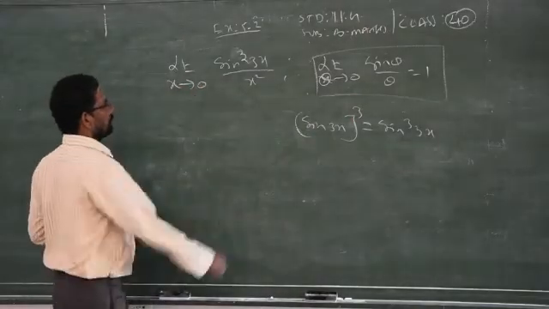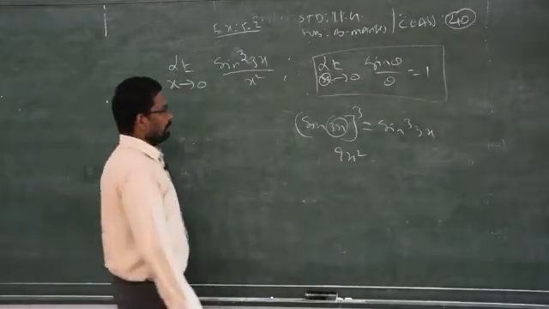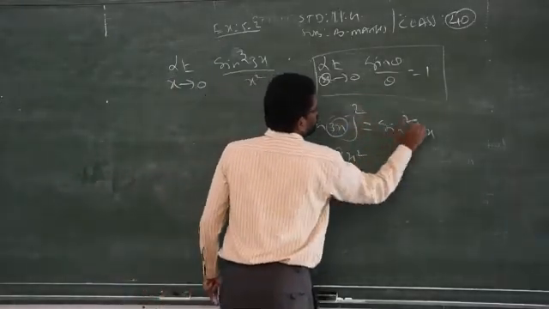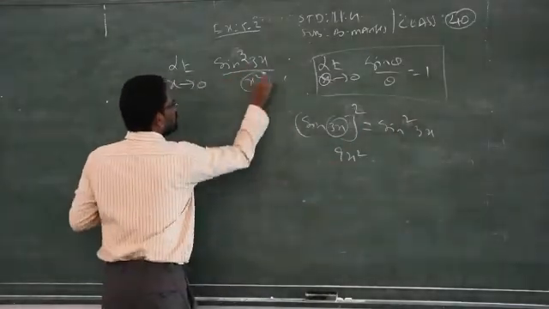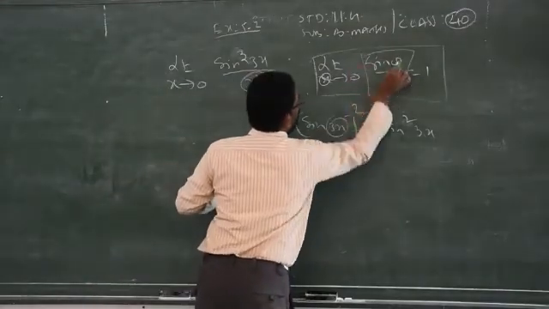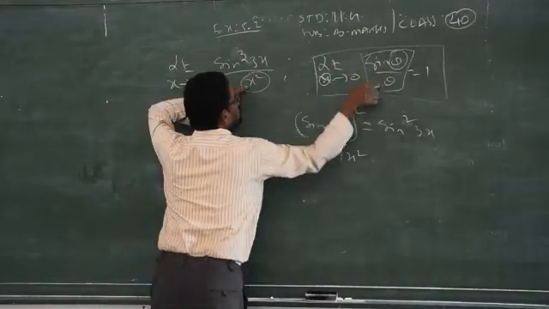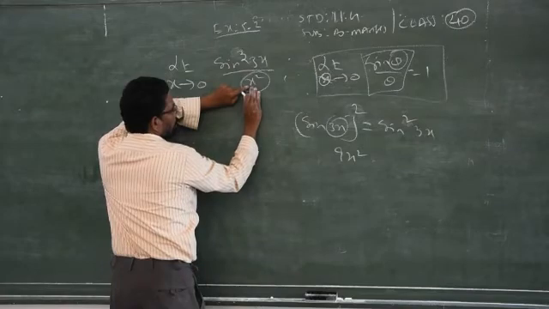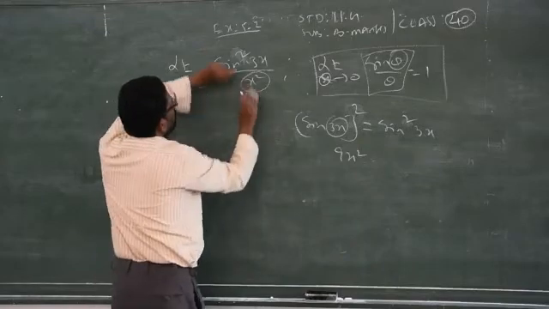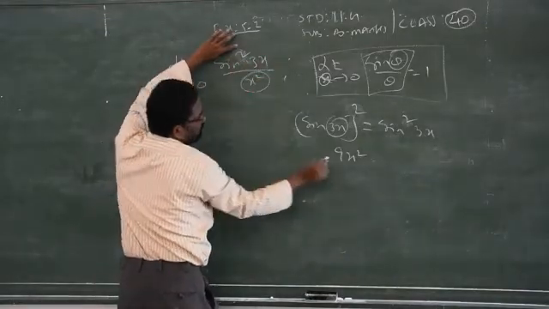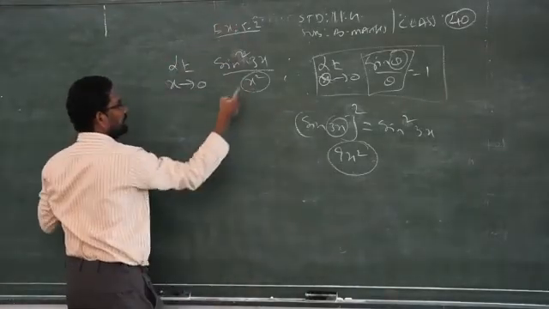So based on the concept, when you square this number, you are supposed to get how much? 9x square. Clear? That is square. So when you square this one, sine square, the square of 3x is 9x square. So x square is the denominator. Based on this formula, what is there along with the sine should be there in the denominator. So by comparing these two, x is x, but when you square the 3x, you are supposed to get how much? 9x square. But what is given already in the question? Only x square.